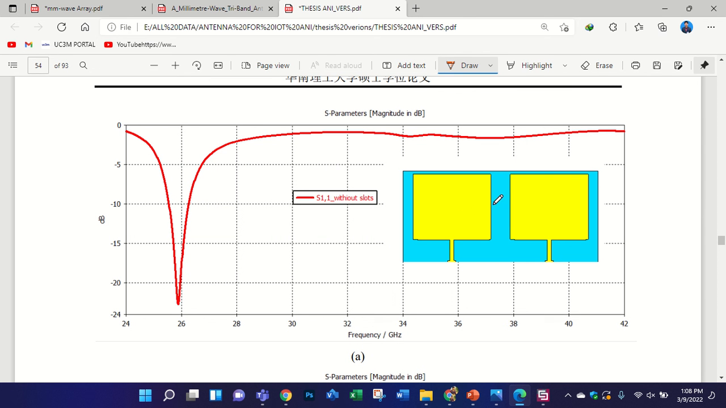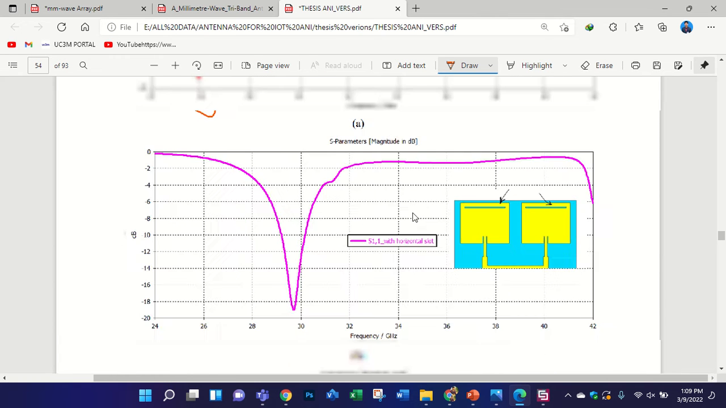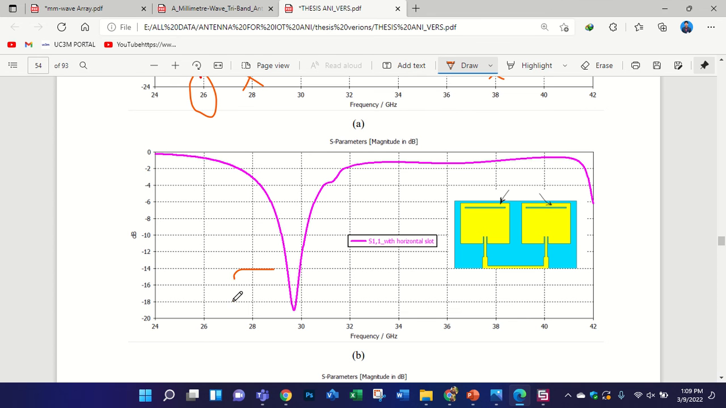What happens if this is a simple patch? When I simulate it, I see my frequency is at 26 gigahertz, not at 28 gigahertz, and also no frequency at 38 gigahertz. So when I use these horizontal slots, I noticed that my frequency is shifted, but not exactly at 28 gigahertz. It means if I reduce the size of these slots, my frequency may be at 28 gigahertz,